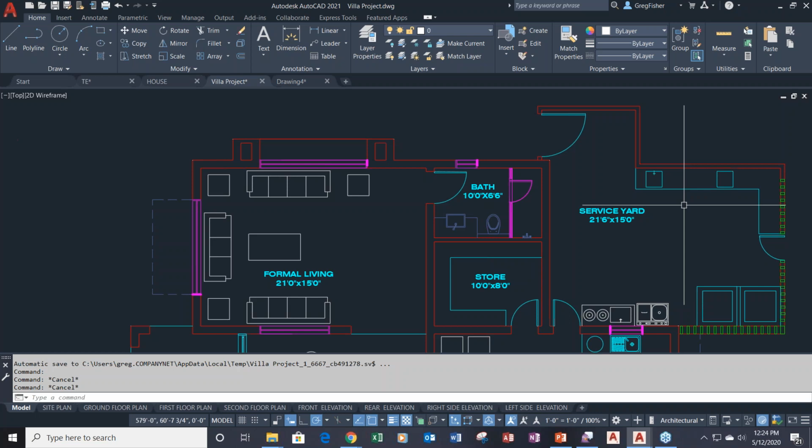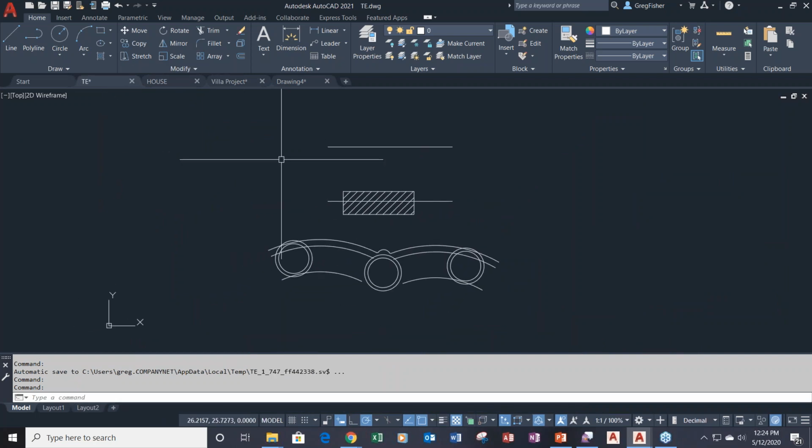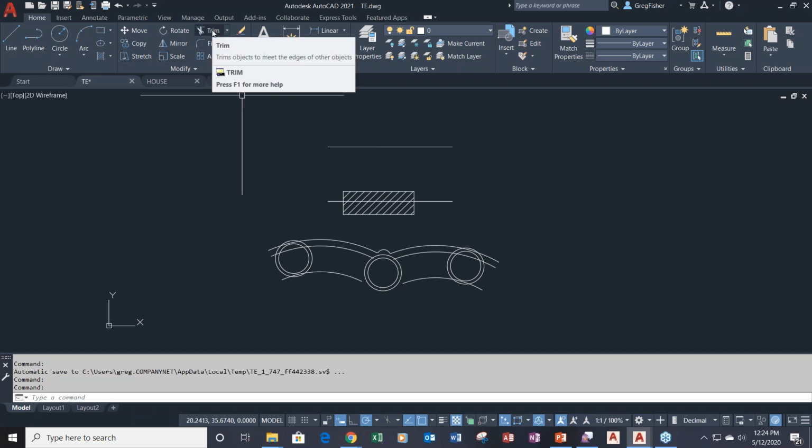The next one I'm going to talk about is the trim and extend command. This is one of my favorite ones. Let me go over to this drawing. And again, like I said, this seems trivial, but to me, it was a big enhancement. So right off the bat, if I go to my trim command,